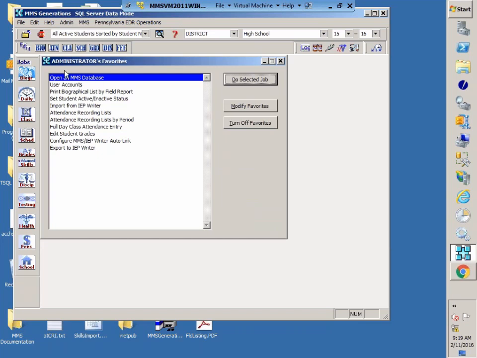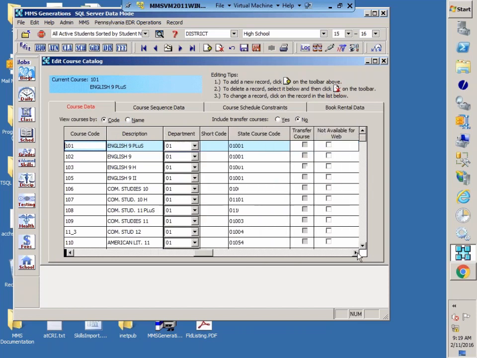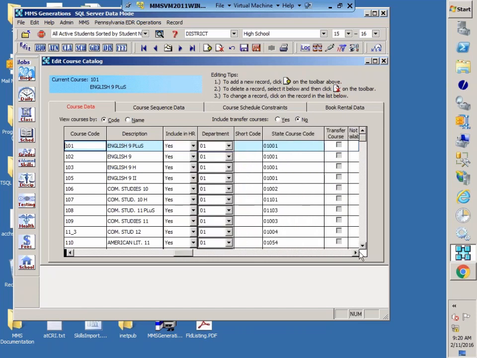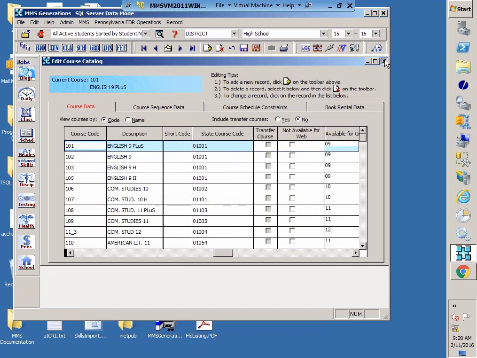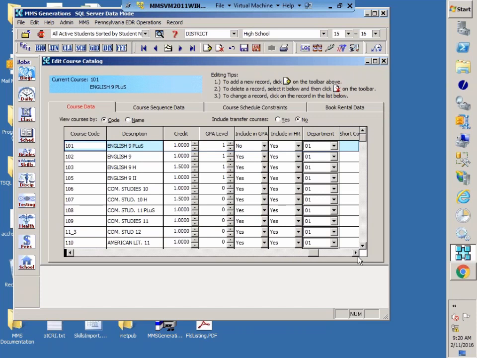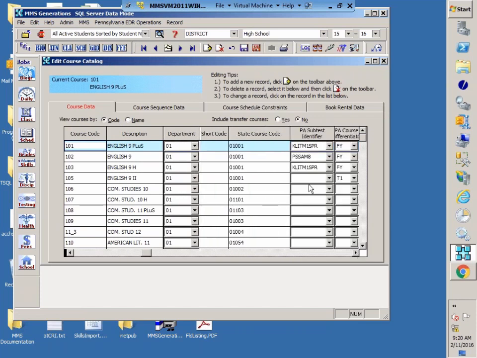And one thing I didn't address when we were looking at the course catalog, let me pull that up again. In the course catalog, oh, I was going the wrong way. Wrong course catalog. And we want this one. We have the Pennsylvania subtest identifier. There are instances when the different sections of a course will teach to a different test. Or there may be a situation where a single section of a course will address two different subtests. So we will address those